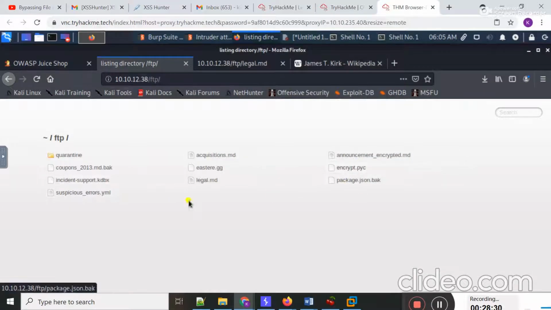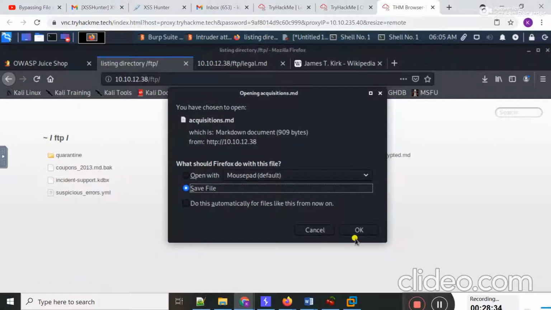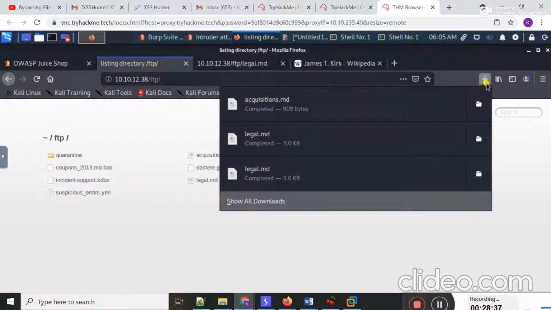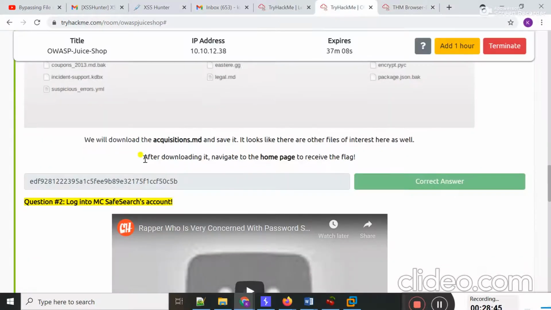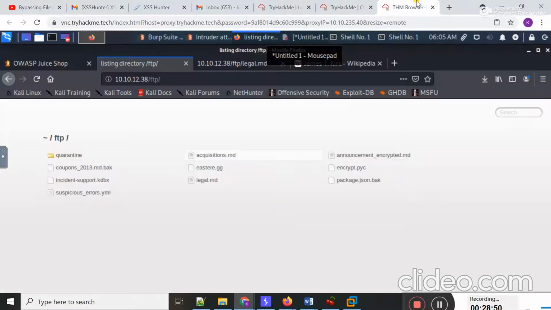Right now I'm going to save this one, and now if I check it, after downloading it, navigate to the home page to receive the flag.